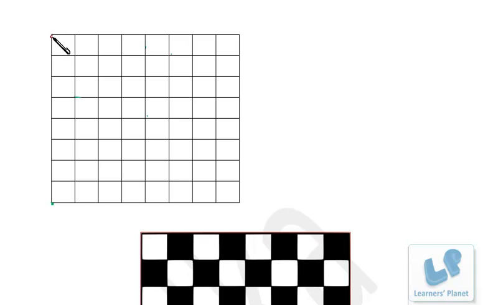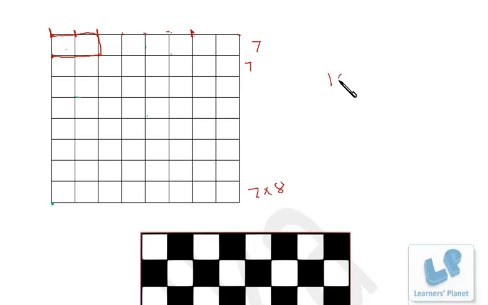See, the first rectangle will start from here, right? 1 centimeter by 2 centimeter, right? This is one rectangle that is starting from this point. The second will start from here and end here, right? The third will start from here and end here. 4, 5, 6, 7. After 7, the last one will start here and end over here, right? So 1, 2, 3, 4, 5, 6, 7, right? In the first row, we'll be getting 7 rectangles. Okay. Similarly, 7, 8 times because there are 8 rows.